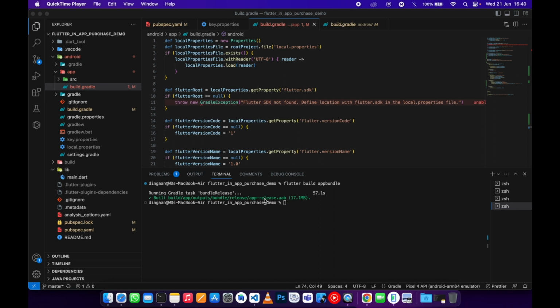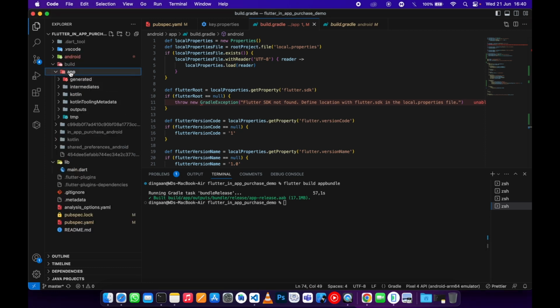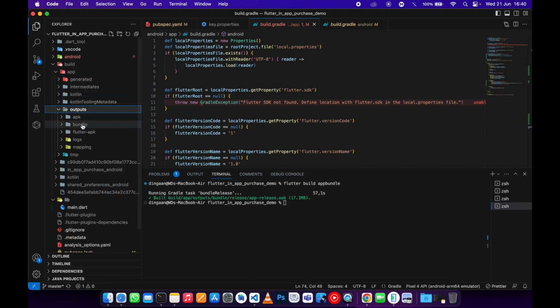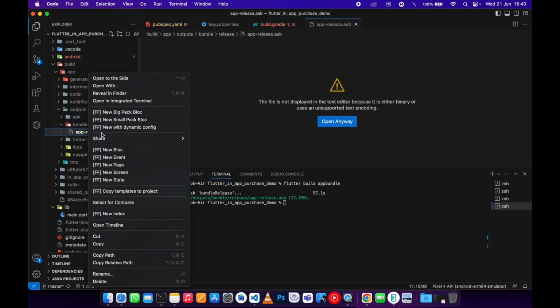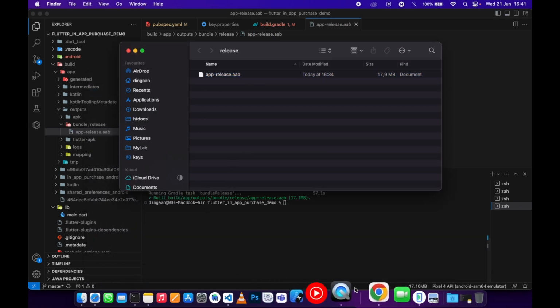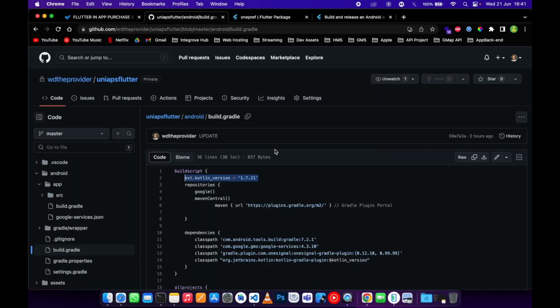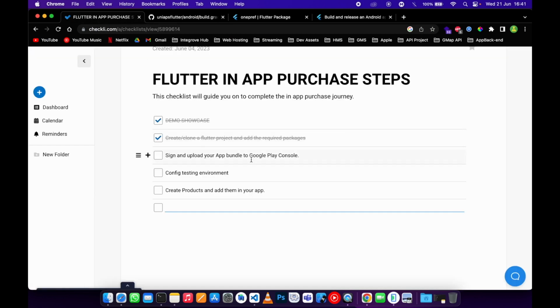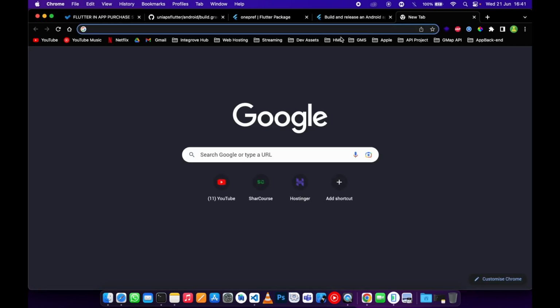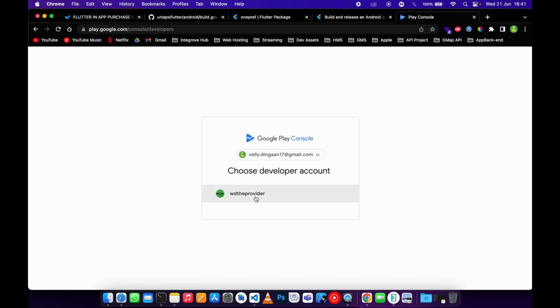What we need to do is to locate this app release. It's under the build folder. Just look for build, app, outputs, bundle, which is this one right here. Let me just reveal in Finder. Then what I need to do is to upload this app bundle to Google Play, right, which is this part right here. Then go to my Google Play console account,